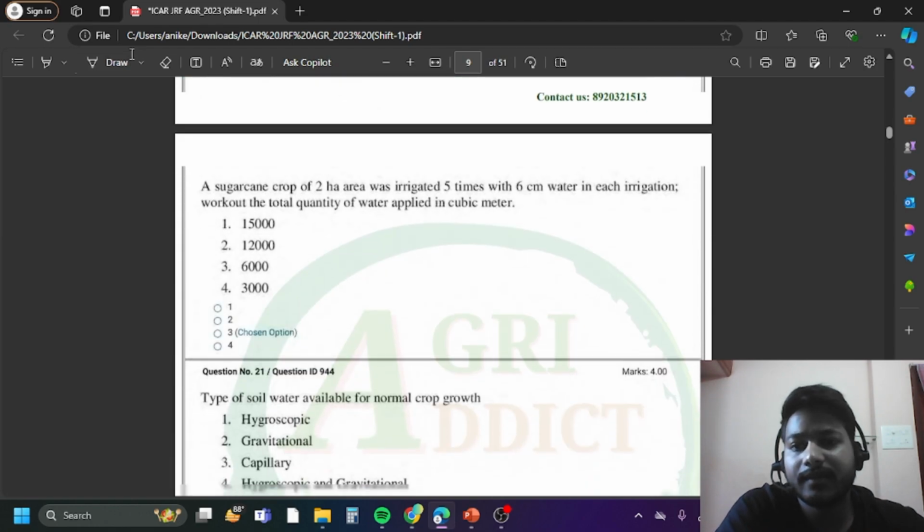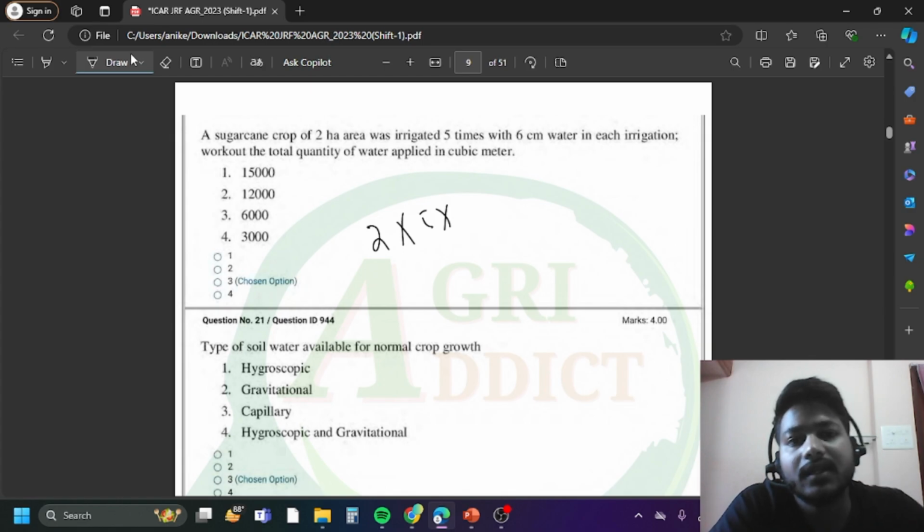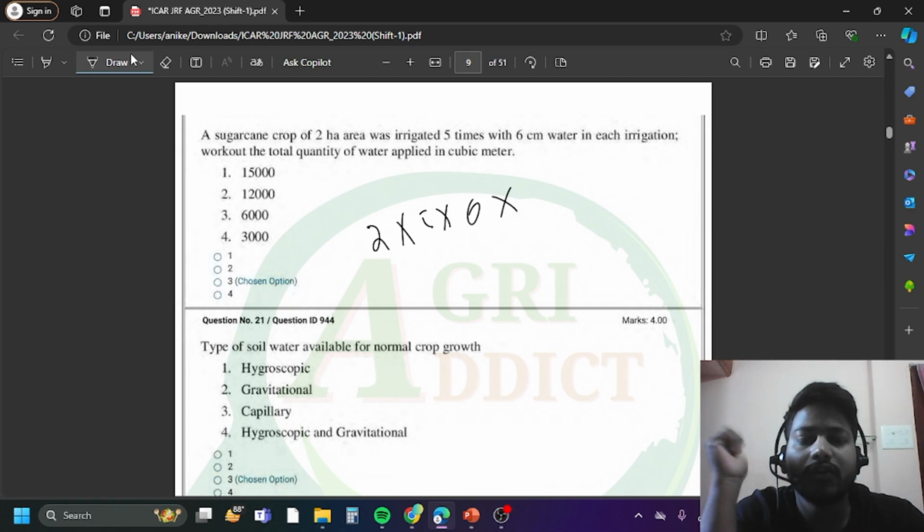Next, question number 20. A sugarcane crop of 2-hectare area was irrigated 5 times with 6 cm water in each irrigation. Work out the total quantity of water applied in cubic meter. Cubic meter means it is asking in meter cube. So it is 6 cm, right? So it will be